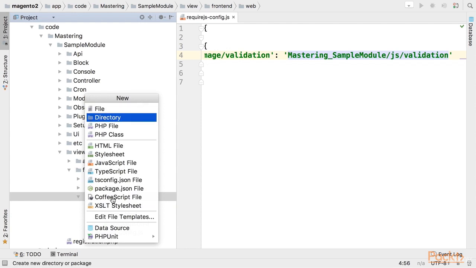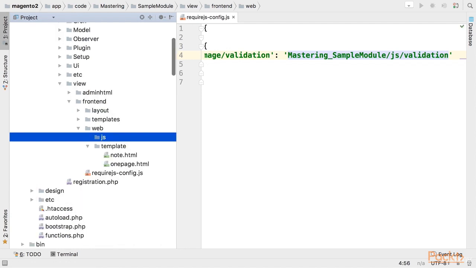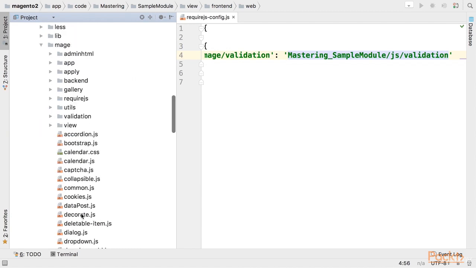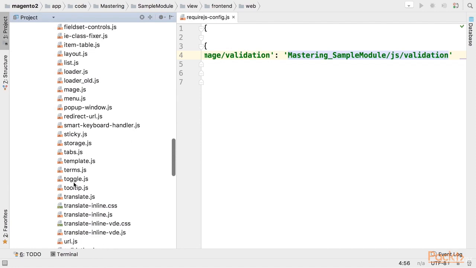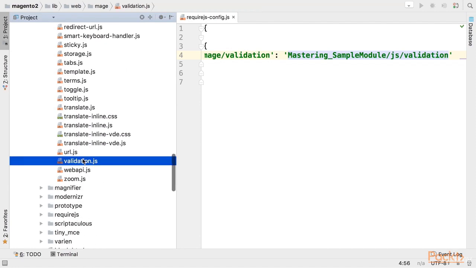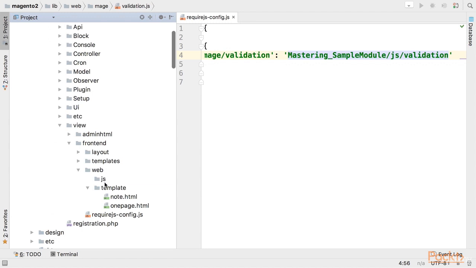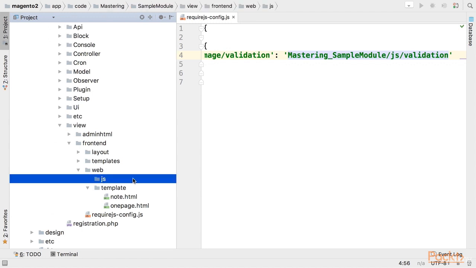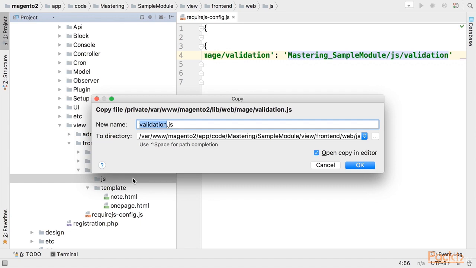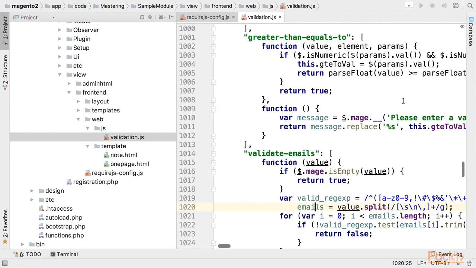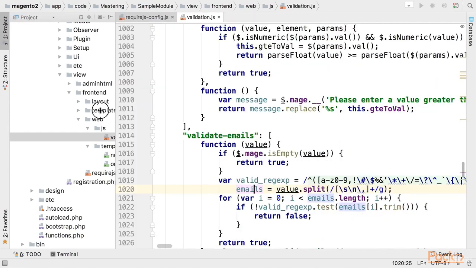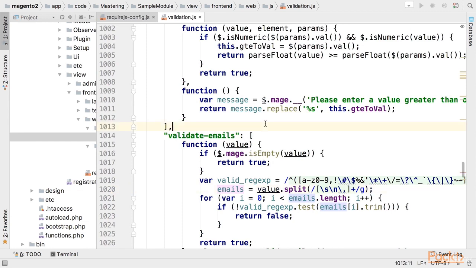Let's create a JS directory here, and I would like to copy the original validation file from mage validation, put it under frontend web JS, and here I'd like to change just one string, one line,